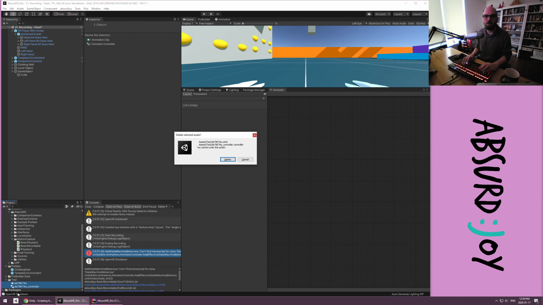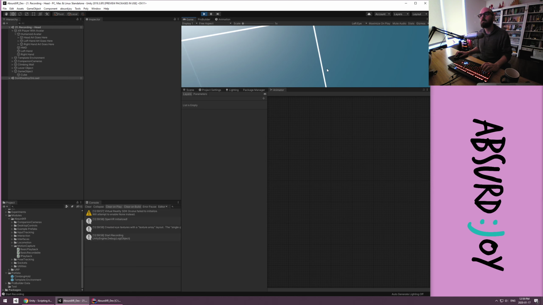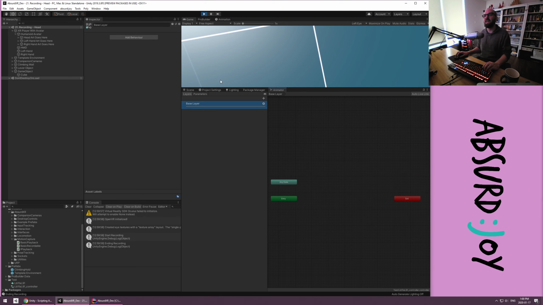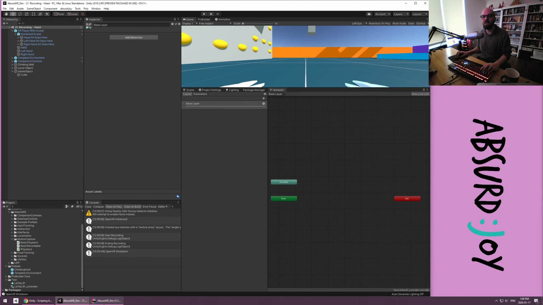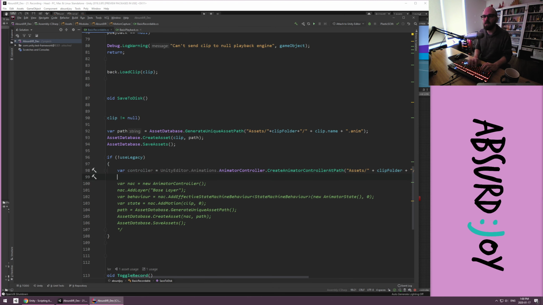What does that look like? Controller. And it comes with the default layer. Okay, so now all I need then is